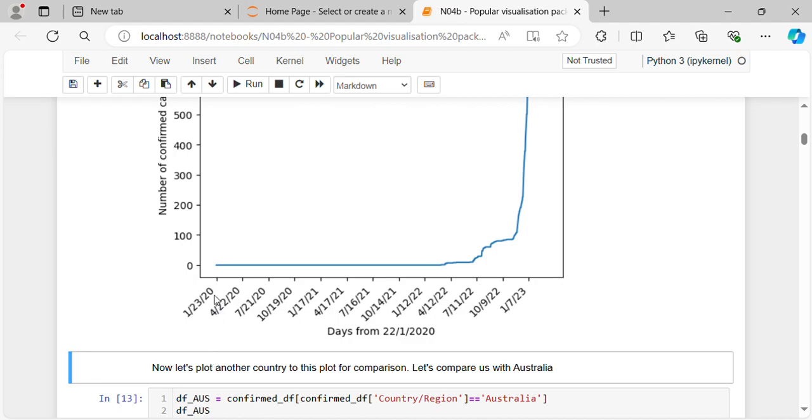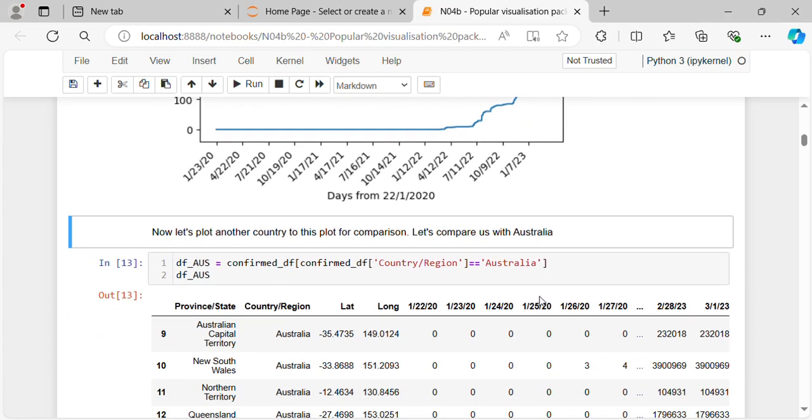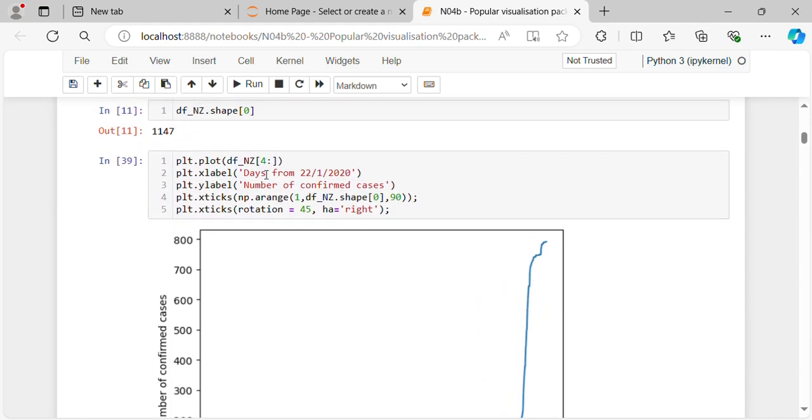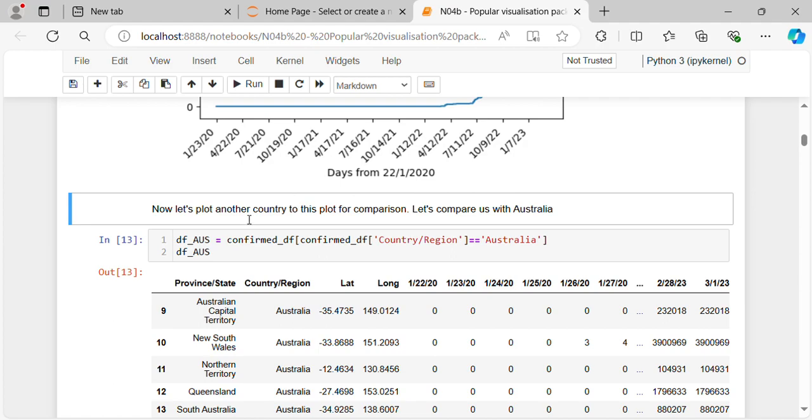So that improves it better, because we can now see that it is better aligned. And the x label is labeled as days from 22/1/2020. So now let's plot another country on this plot for comparison. Let's compare this plot with Australia. So df_aus equals confirmed_df, and then we subset the country or region equal Australia by